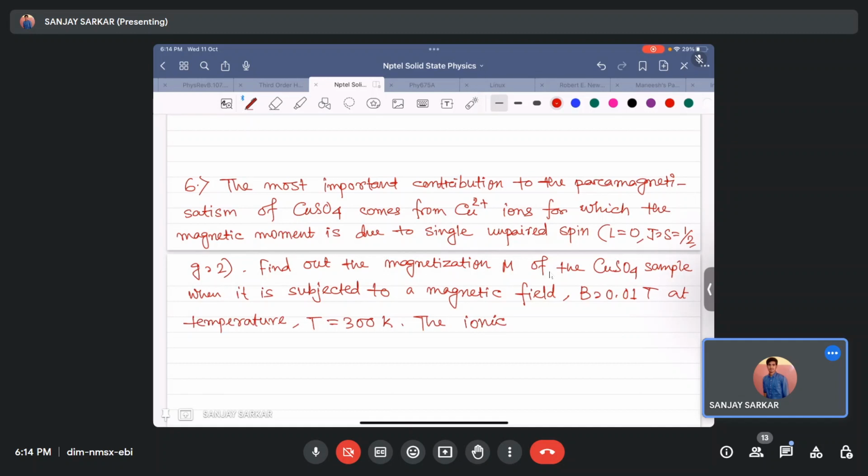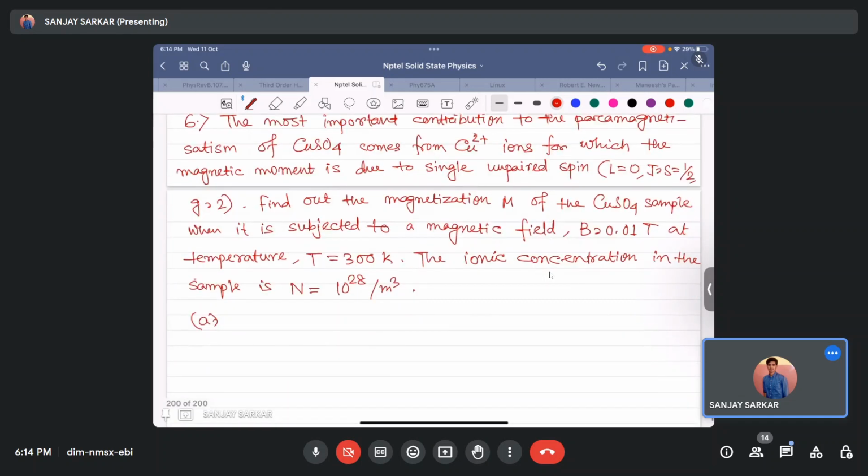The ionic concentration in the sample is N, which is equal to 10 to the power 28 ions per meter cube, and the options